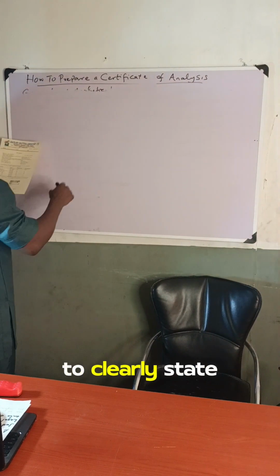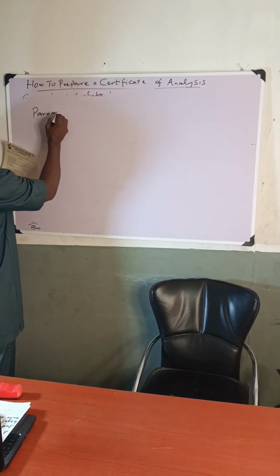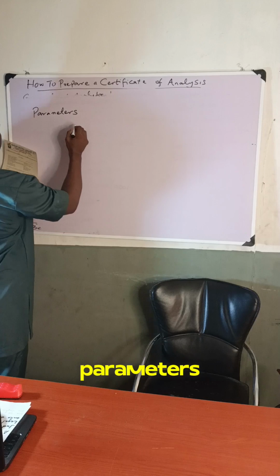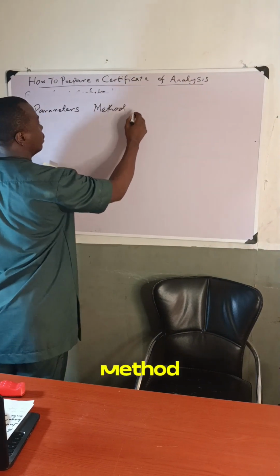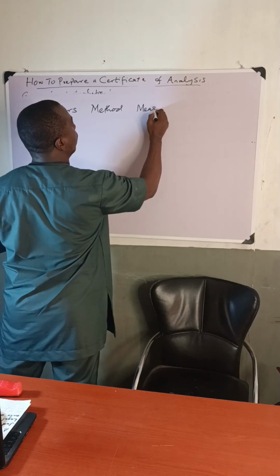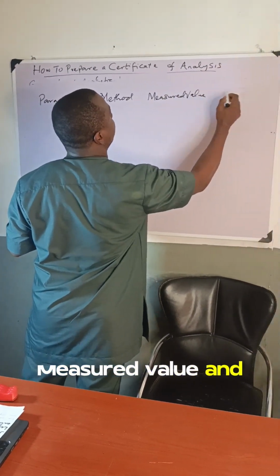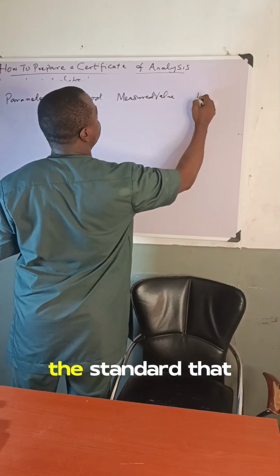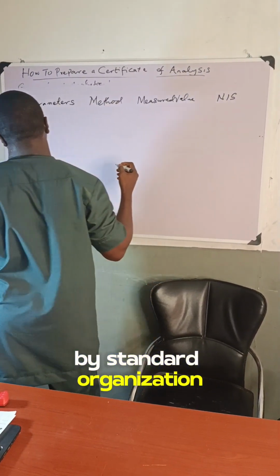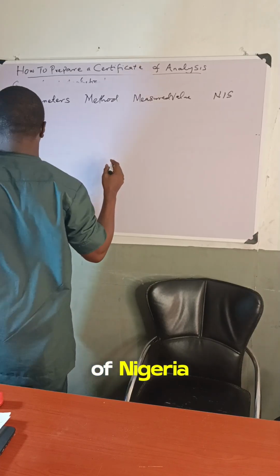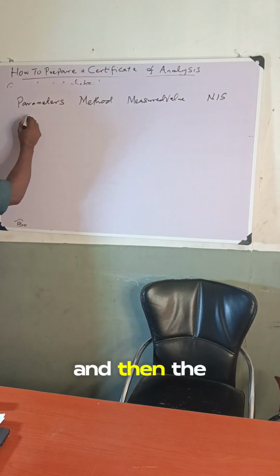So in order to clearly state that, we will have to write parameters, method, measured value, and then because we're in Nigeria, the standard that we normally use is NIS, which is produced by the Standard Organization of Nigeria. So assuming that the sample that was brought is water, and then the lab was able